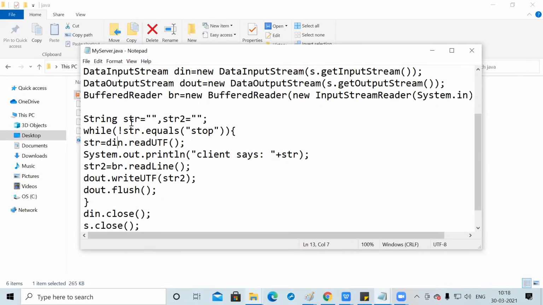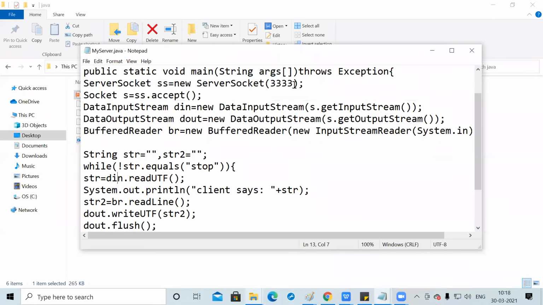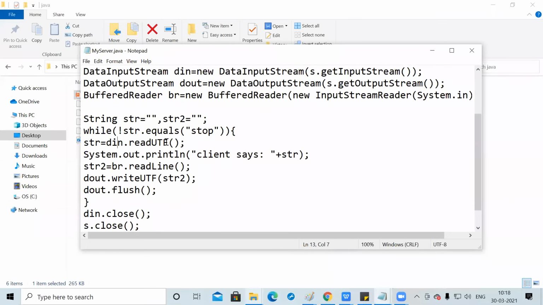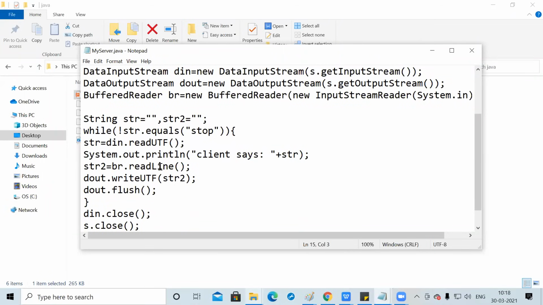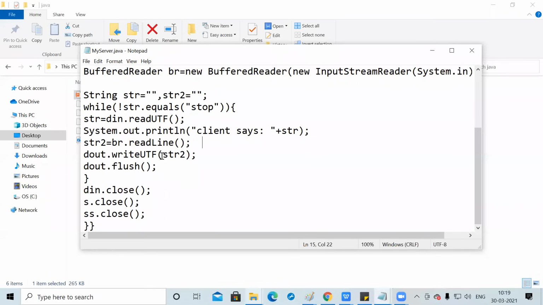Here, din is an object of DataInputStream. The role of this object is to read using readUTF. It will read the content and then print it here with System.out.println whatever the client says. After printing here, whatever br.readLine is done, the server can also write.